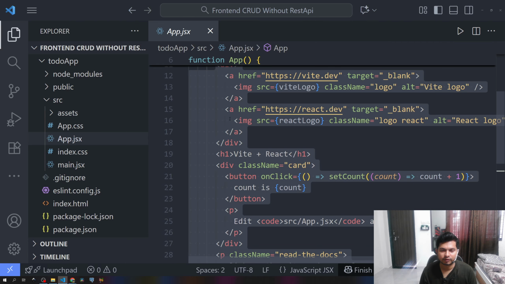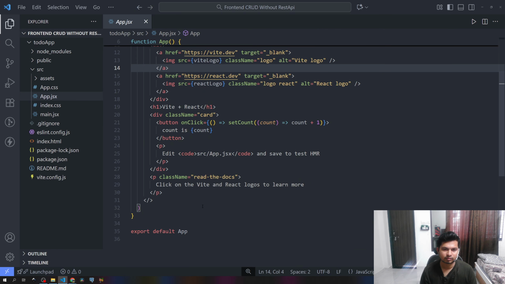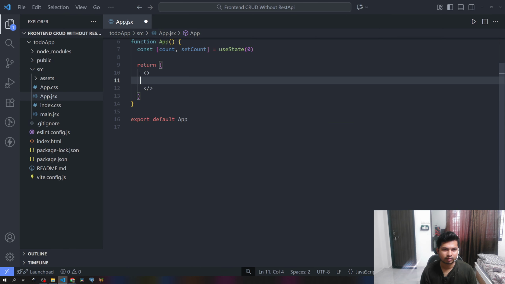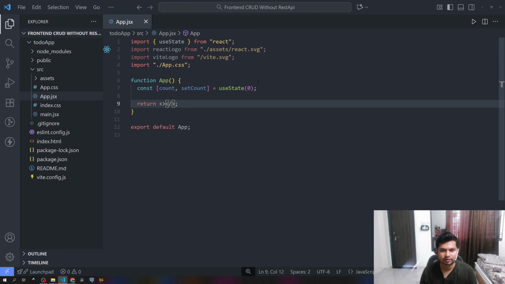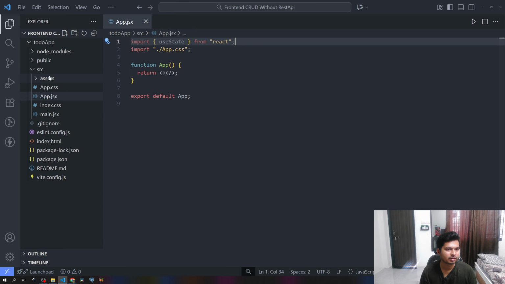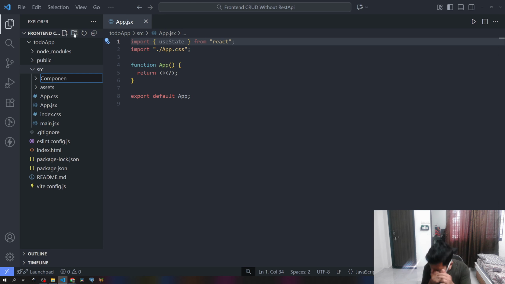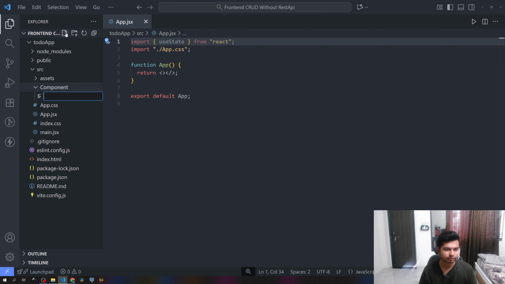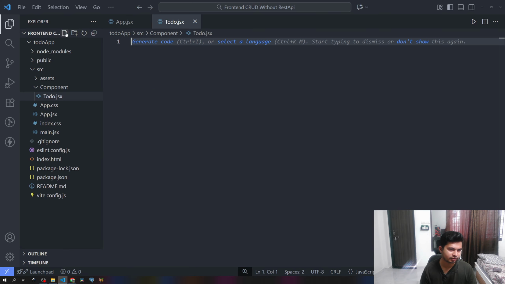Let's keep the fragment and remove any other JSX. Let's remove this state also. Let's create component for to do, component folder, to do app, to do. Let's do to do dot jsx, then const to do